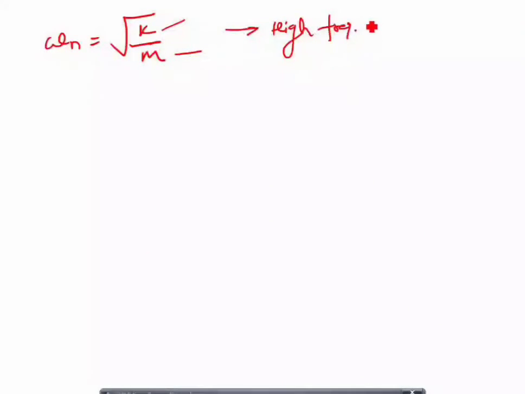You know that the accelerometer is a high frequency transducer. So high frequency transducer means what? Obviously its mass will be low. We know that omega n is equal to square root of k upon m. See, I am trying to relate the theory with the problem. Omega n will be high when your k is high and m is very less. So that is why this accelerometer is called a high frequency transducer. So you're getting a very high frequency.